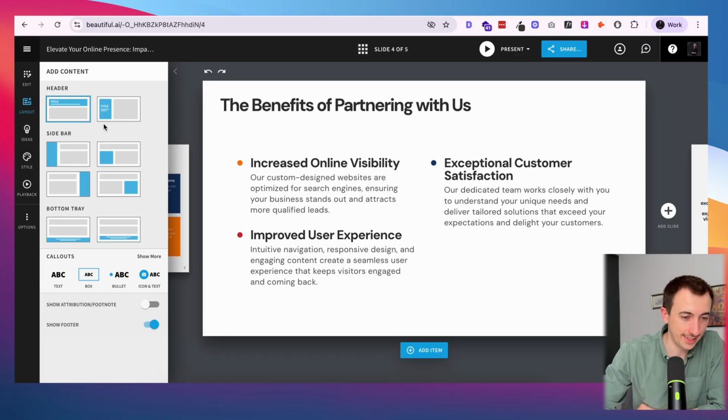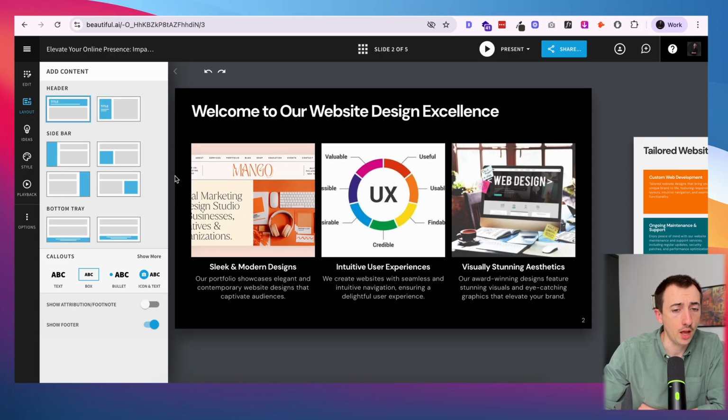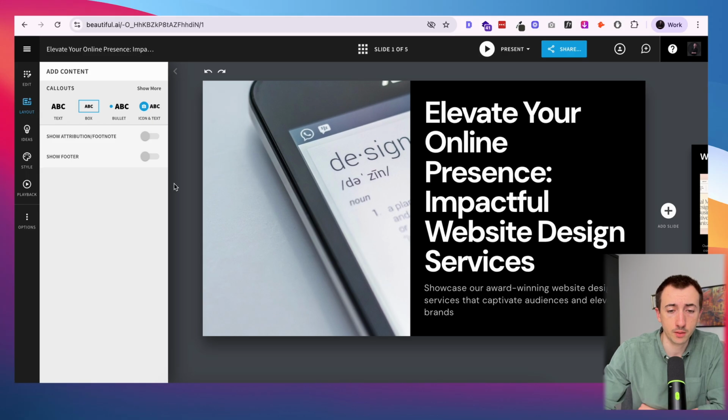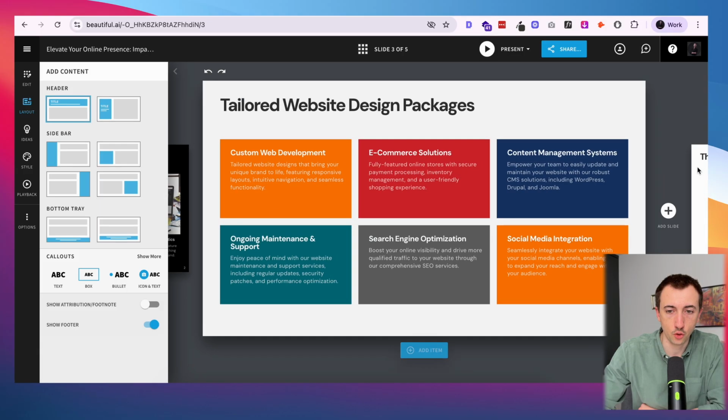As far as design goes, it looks like we're pretty stuck with those sort of boxes, and that's probably fine for a presentation, but if you wanted to get really creative, it might not be the right tool. But overall, pretty good. I would say pretty close to Gamma AI in many ways. It doesn't seem like the most advanced one, but if you want something quick and easy, that could be a